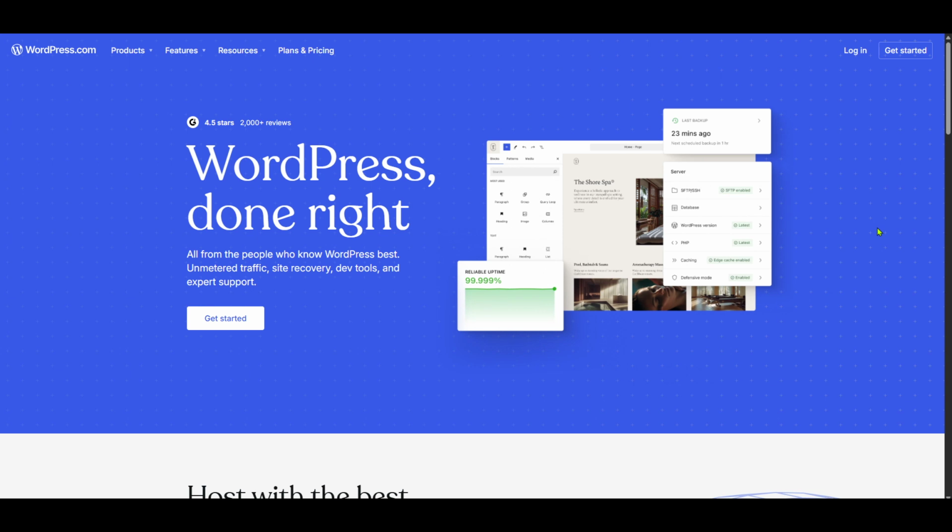It's the central hub for managing your website, so having easy access from the get-go is essential. Once you're on the home page, look for the login option. This will lead you to the WordPress dashboard, your command center for managing everything, from site design to those all-important shipping settings we're working on today. The dashboard is intuitive, but if it ever feels overwhelming, take a moment to familiarize yourself with the layout and